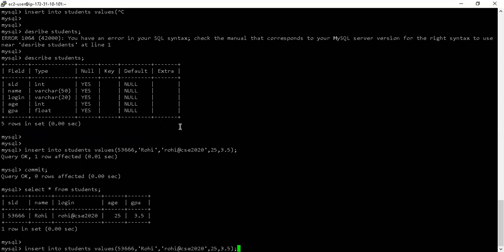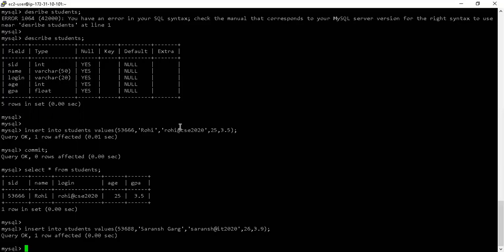So let's say I have another student who has a GPA of 3.9, I don't know, age 26. The student is from IT, the information technology department, and his name is, let's say, Saransh. So that is his ID, and his name is given as this. I'm intentionally doing something over here. After I insert, I will tell you, or maybe you can guess what I'm trying to do. What I'm trying to do here is,